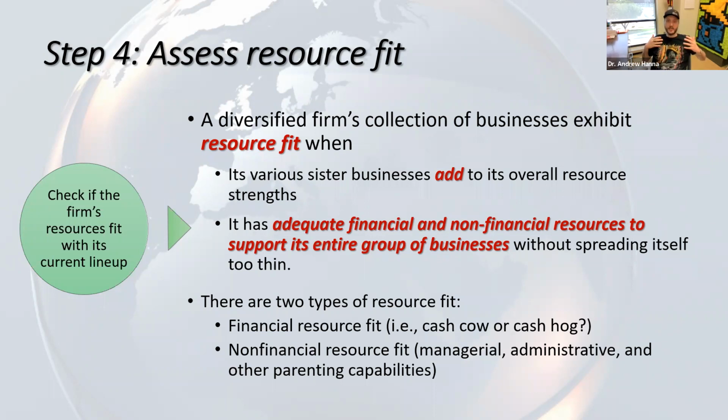Do we just not have the resources necessary to distribute this around and make this an effective undertaking for our larger business? Or are these resources becoming stretched too thin because we have new resource requirements from our diversification that we just can't meet? Those are all problems, so we want to check to make sure. Essentially, step 4 is just, do we have the resources necessary to operate the way we need to, because we have now taken on added responsibilities, processes, activities necessary in order to make all of these businesses able to